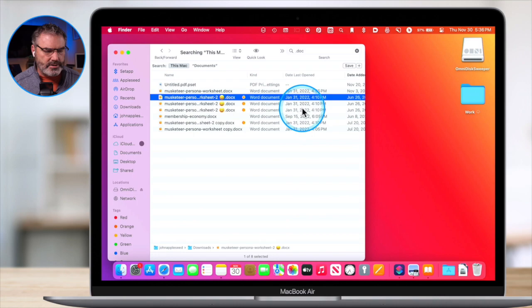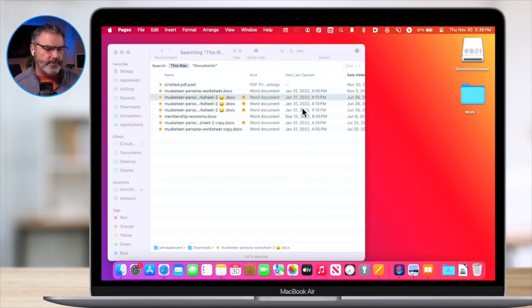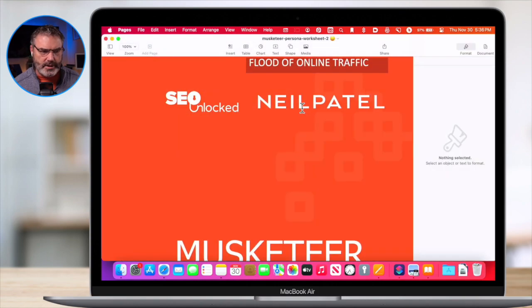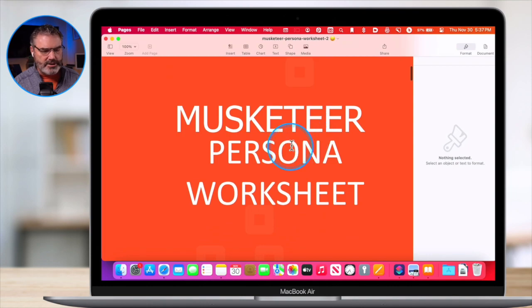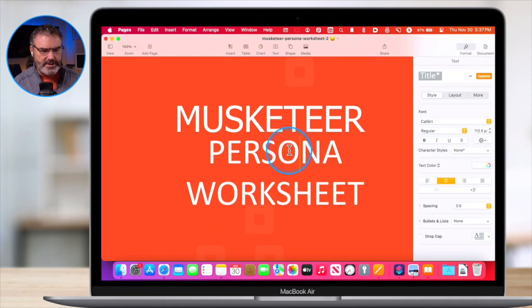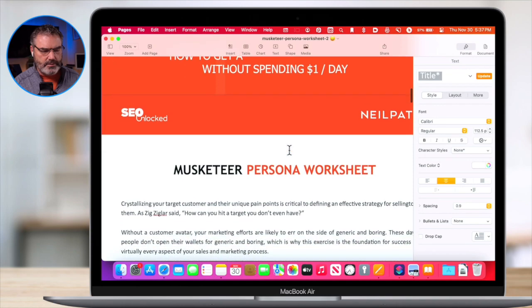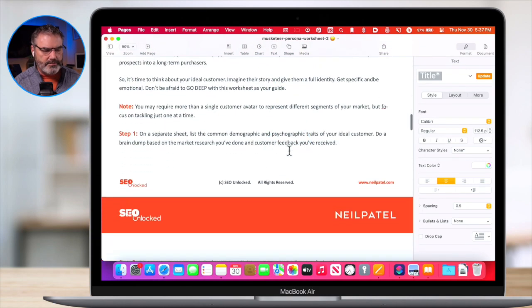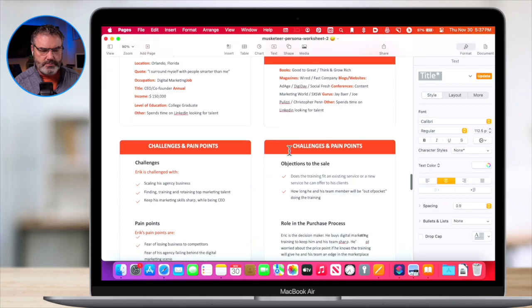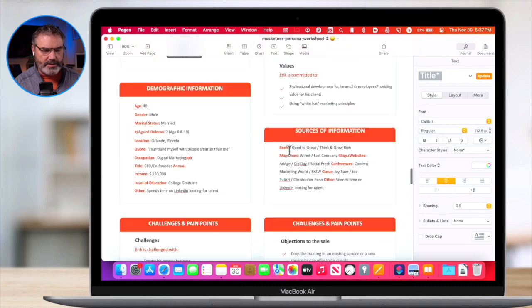Now when I open this up, I'm going to get a little alert if the fonts didn't carry over. I'd say it gets you like 80 to 90% there. It is not 100%, it doesn't do it perfectly. Looks like I got no errors on this, but I can already tell this font is not the font it was written in. But you can see it did a pretty good job. I mean, this isn't a complicated document.